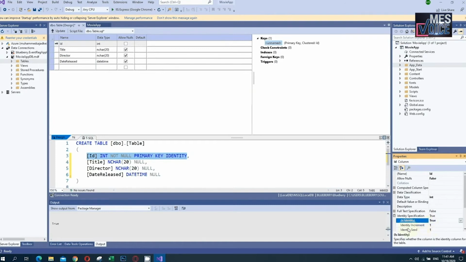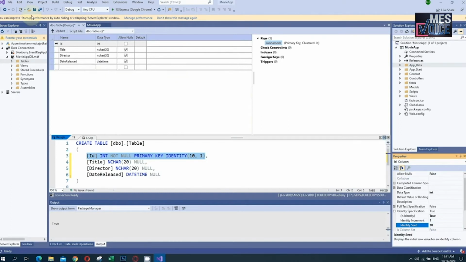We can increment that identity by 1, and this is the seed value, that means the first value of the identity. I will set it to 10. So the first value will be 10, then after that it increments by 1, so 11, 12, like that. So I have set it like this, and after that I have created a table, right?